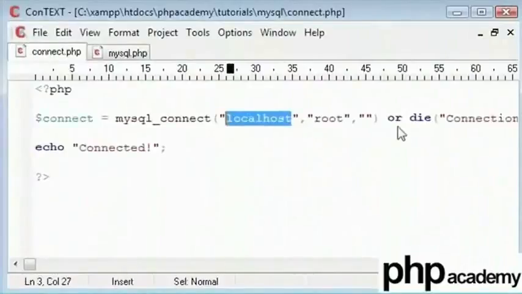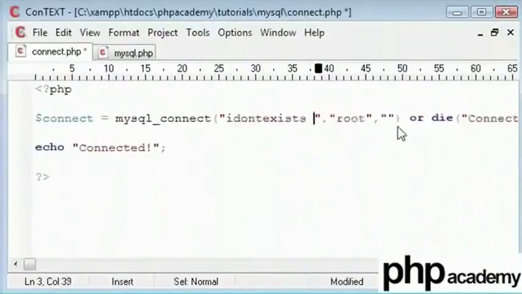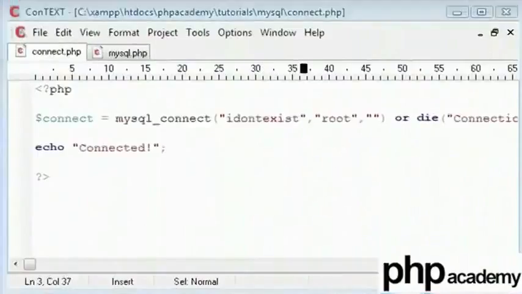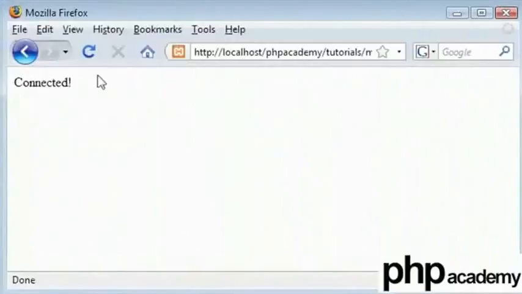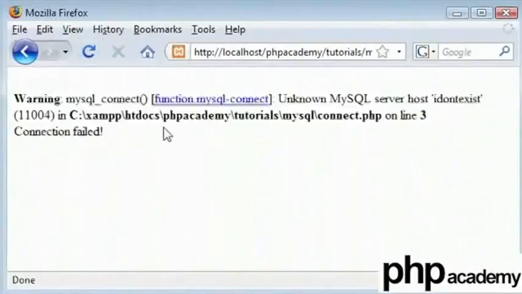We have connected successfully. Now if I were to change this to something like I don't exist, then we get a connection error because that host name doesn't exist, at least on this computer. I can refresh and it's taking a long time. Okay, there we are.